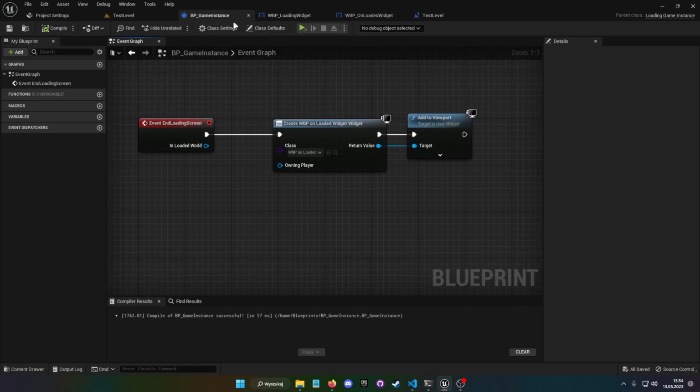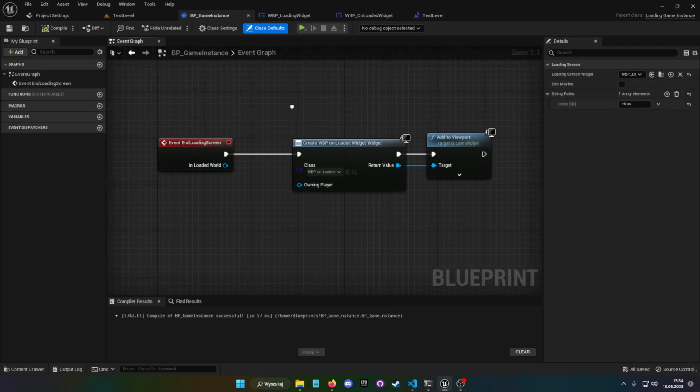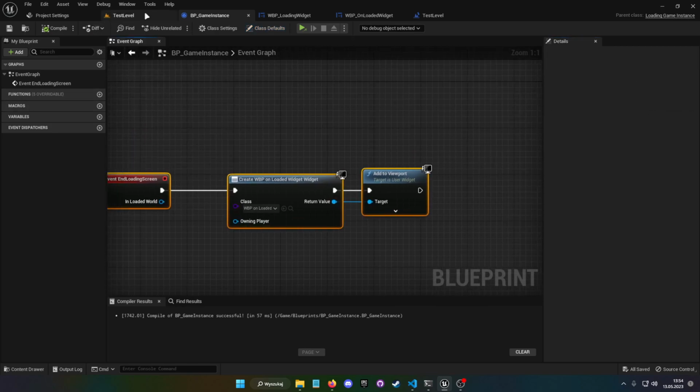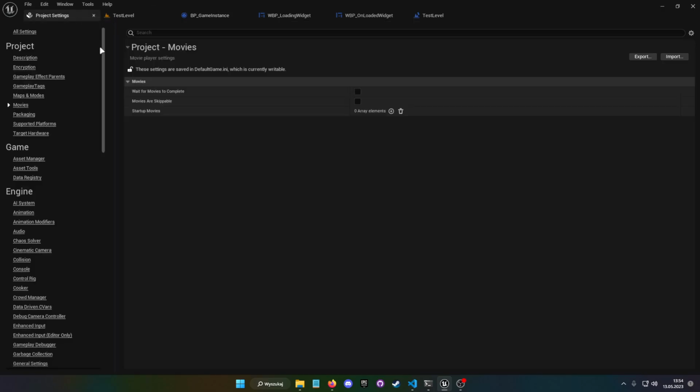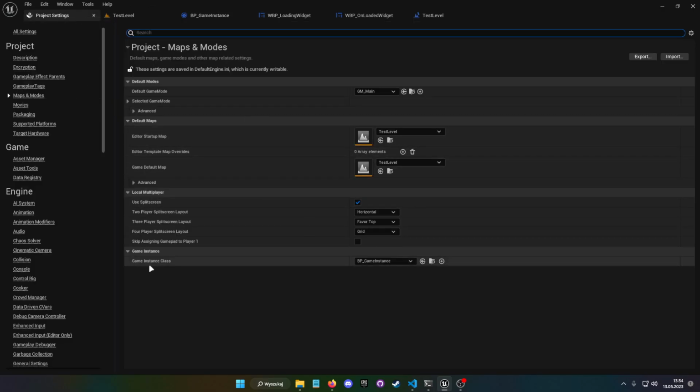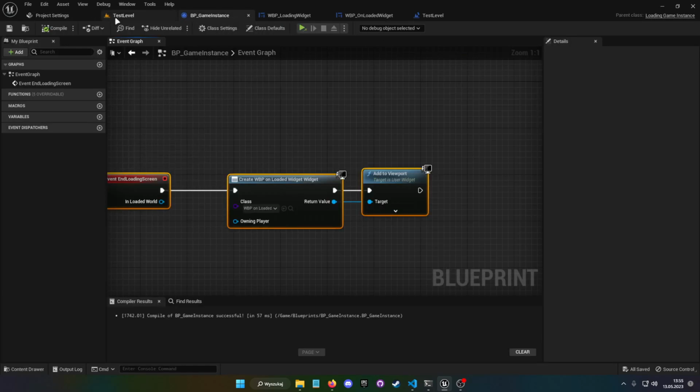Okay, we made a BP game instance, we assigned some class defaults, and you don't need that for now. You need to go to project settings, maps and modes, game instance class, and set it to the Blueprint game instance class you just made, and that should be all working.